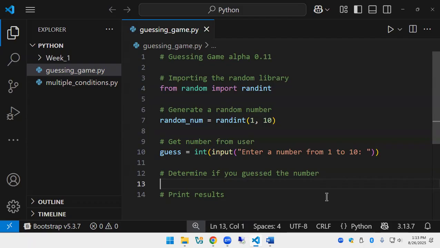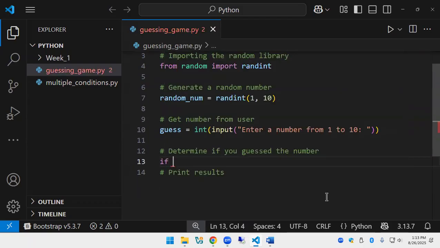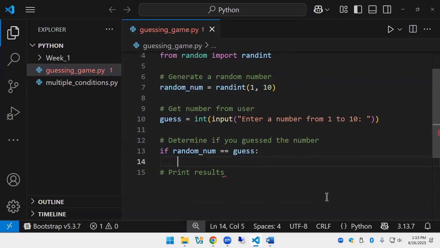I would put if random num, or in my case, I've named the user input, user num, but it would be if random num is equal to user num, and then you print out. Well, hold on, you're talking faster than I can type. What are the characters I use here? You said if random number equals, wouldn't it be double equal something? Yeah, that's called the comparison operator. Is it equal to that? And you said guess, right? Yeah, which can be any name. This is just what we picked here. So if they're equal, what would we do? Then you would print correct or something along that line. Yeah.